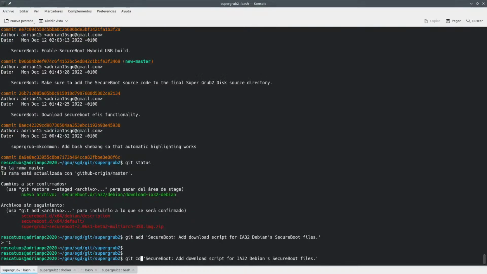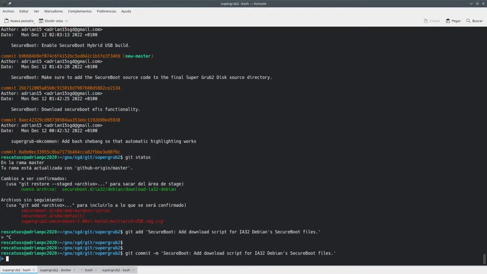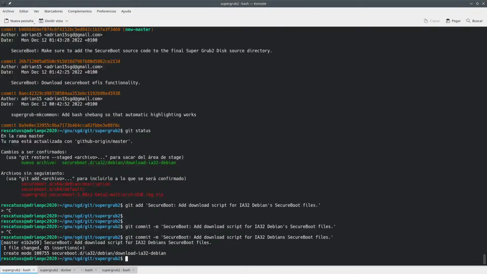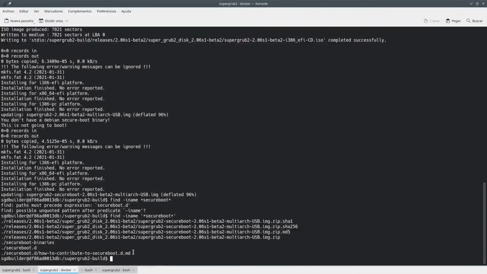This should be commit. Oh, Debian's like this. Okay, never mind. Okay, so now we have a commit, and we have this Docker here, which